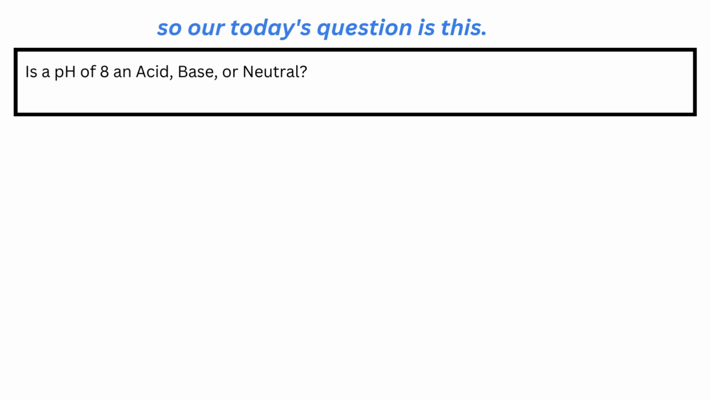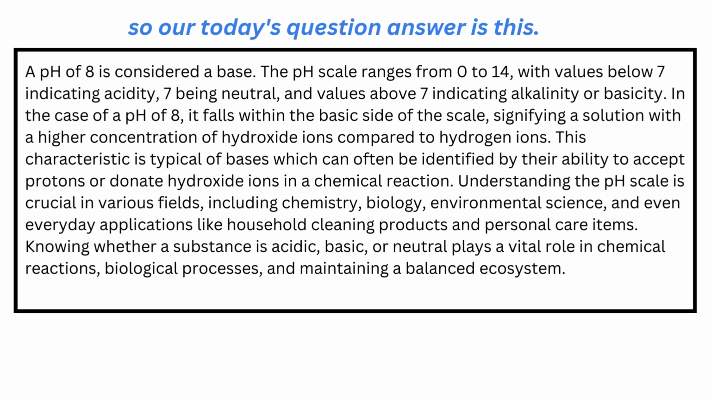Is the pH of 8 an acid, base, or neutral? The correct answer is that a pH of 8 is considered a base. The pH scale ranges from 0 to 14, with values below 7 indicating acidity, 7 being neutral, and values above 7 indicating alkalinity or basicity. In the case of a pH of 8, it falls within the basic side of the scale, signifying